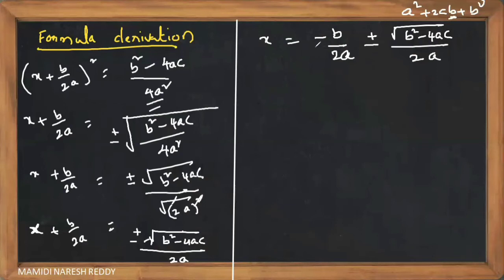Right, children. Now let's see. By seeing this step, what can we do, children? Tell me. Sir, we should do minus b by 2a plus root b square minus 4ac by 2a, and minus b by 2a minus root b square minus 4ac by 2a. So what you are saying? Let us take the LCM, children. We can take the LCM. Why? Because here there are two symbols, plus and minus, but we are doing them at a time, children.